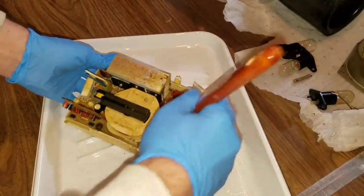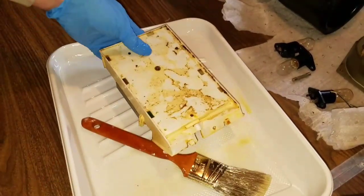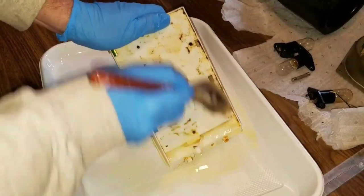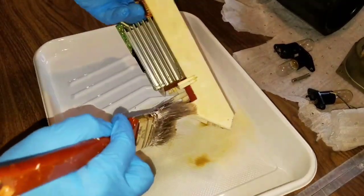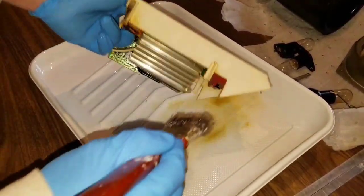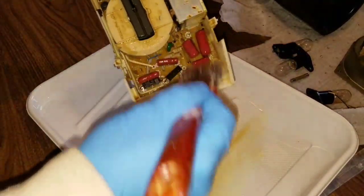Oh boy. This looks like a fail. This looks like a giant fail. I mean, it's obviously breaking up the grease, but there's just too much of it here. So either I'm going to use a lot of alcohol